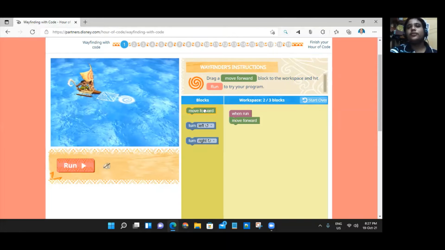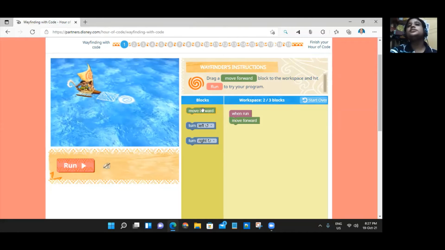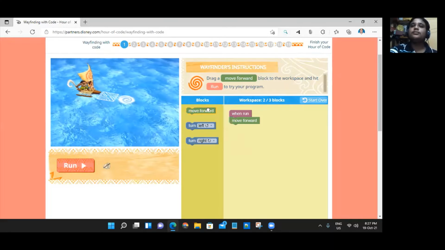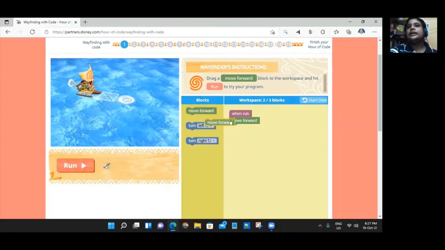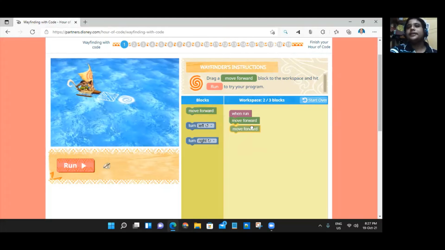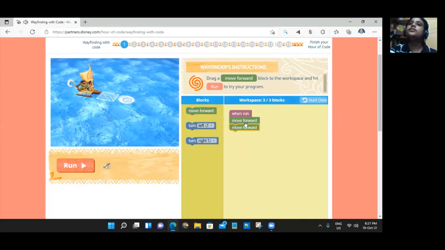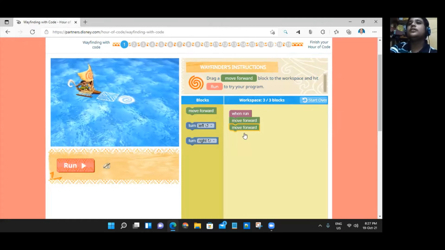So I drag this element. How to drag this element? You just right click your mouse and attach this area and drop this thing.